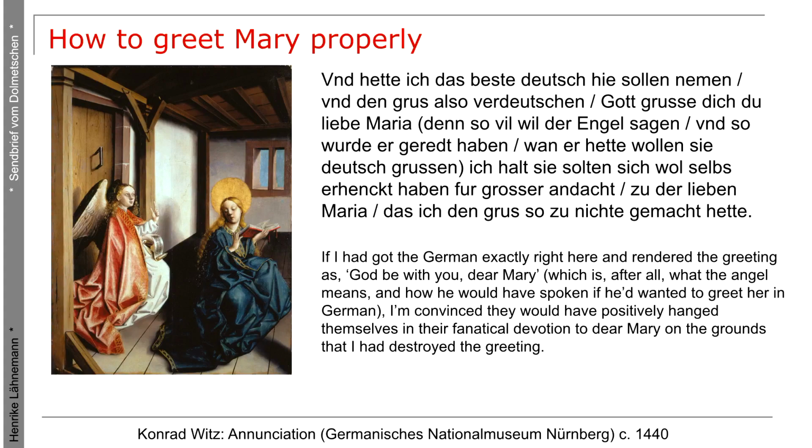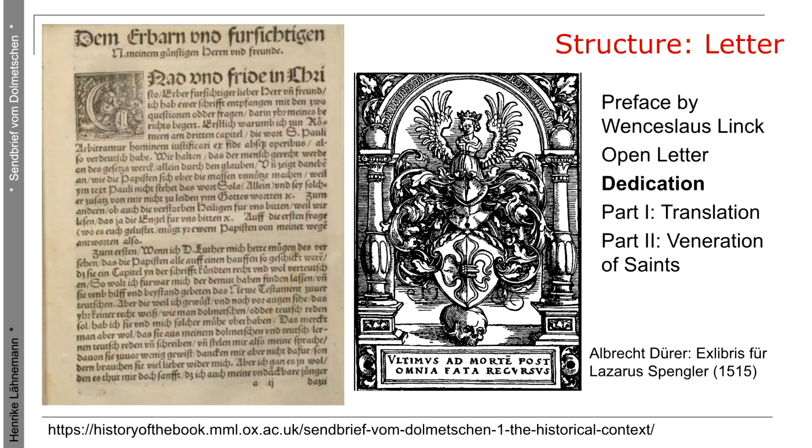And you notice the angel is using the du, while Luther here, when addressing this singular N, whom he calls his Freund, he calls him, ich habe euer Schrift empfangen, so he uses ihr. It's again a bit fickle. So when he addresses Lazarus Spengler or whoever the addressee is, he uses the ihr rather than the du, but